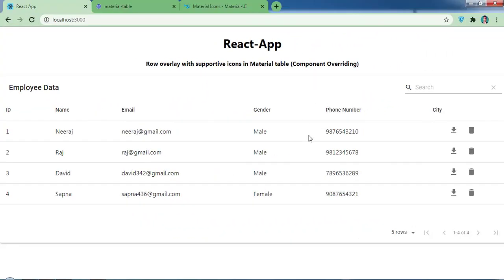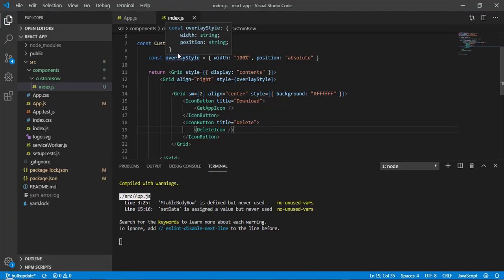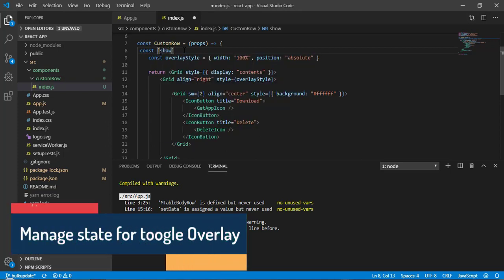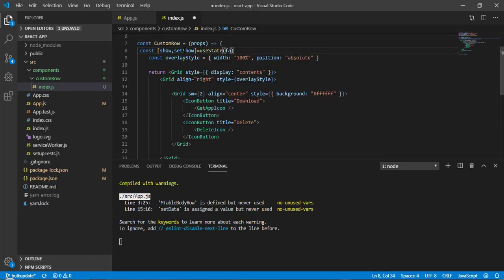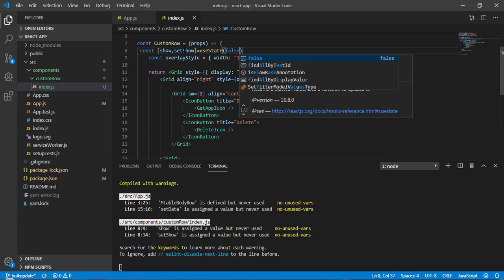So on mouse over on a row, we want to display this overlay. Okay, so how can we do that? For that we need to manage a state here. So let's do this. Here I will create a state by using useState. So here const show, setShow, and here useState, and initial value I am going to provide false.